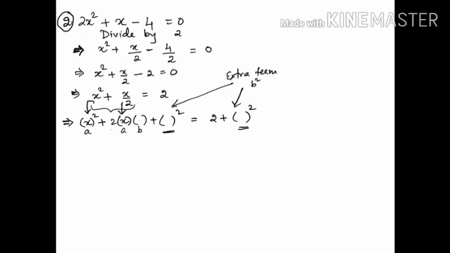To find b in your rough column, we will equate the terms with variable x in these two expressions. So x upon 2 is equal to 2x times b. This is b that we need to find out. So b is equal to, x and x cancels, so b is equal to 1 over 4. So the b term is 1 over 4. And same number you need to write down in the bracket on the right side.